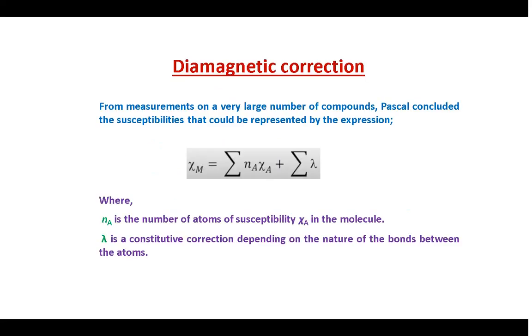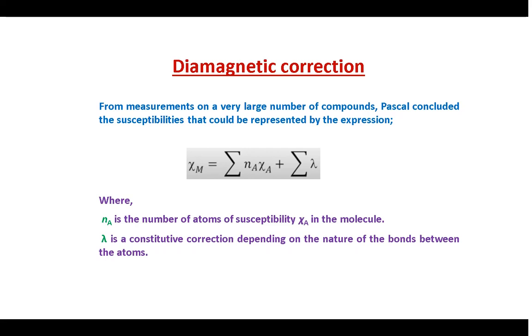Diamagnetic correction. Although, in the classical theory, the susceptibility per gram atom equation gives an idea of diamagnetic susceptibility, in practice it is of little value, because of the uncertainty involved in evaluating the electron orbit radius. From measurements on a very large number of compounds, Pascal concluded that the susceptibilities could be represented by the expression